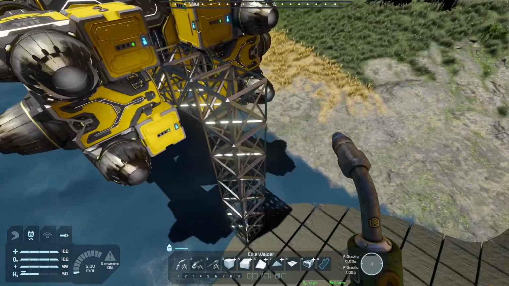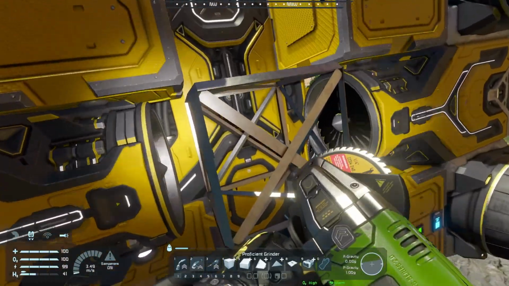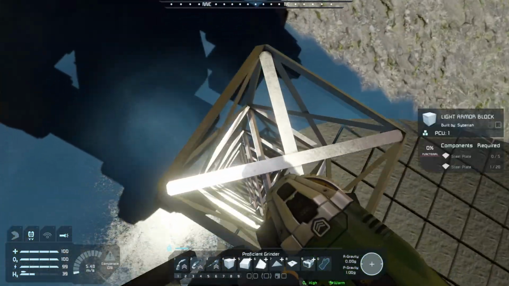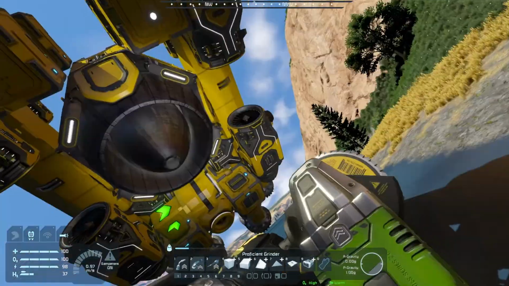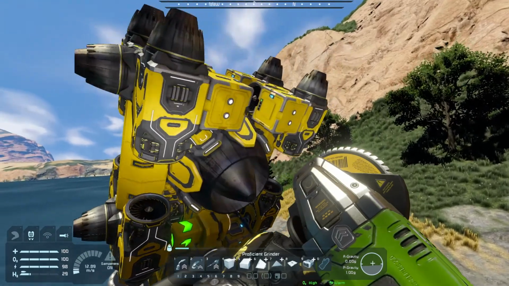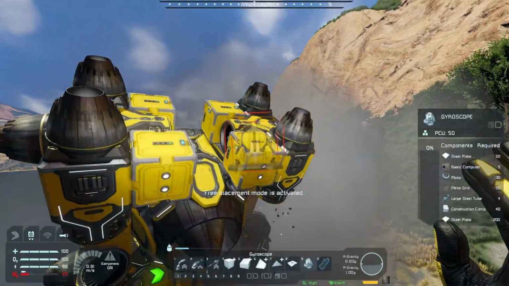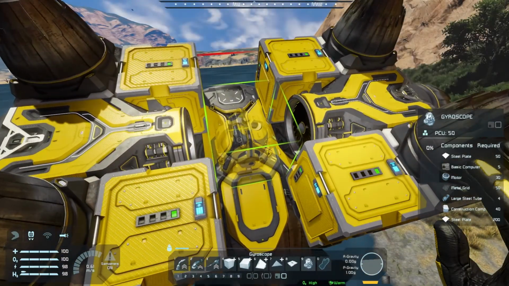Alright, so here we go. I'm gonna just chop it up and hope for the best. It is now its own grid. It has no gyros, and the only reason it's still... oh, see, that's the problem there. Let's go ahead and add a gyro to this as fast as possible, and then I'll worry about actually the